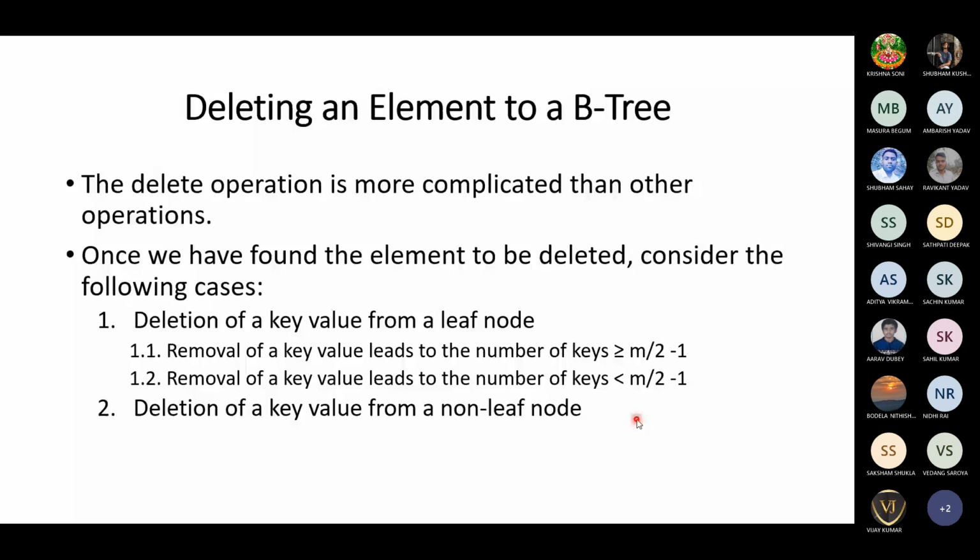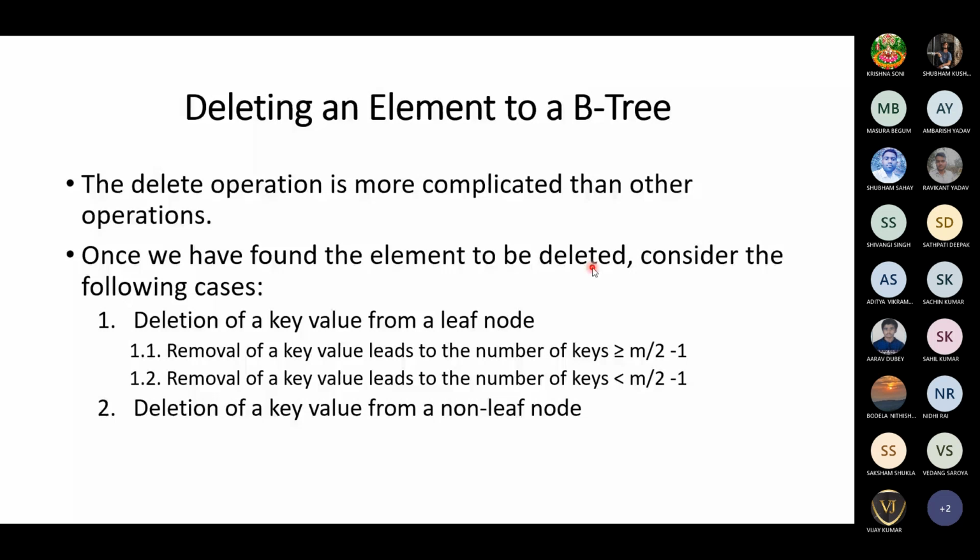We will discuss that. So likewise, how the deletion is a little bit complicated in binary search tree, it is the same case in B tree also, because deleting an element may change or disturb the order in which the B tree is constructed. If that is the case, then we have to restore the original properties of B tree. So there are a few cases.